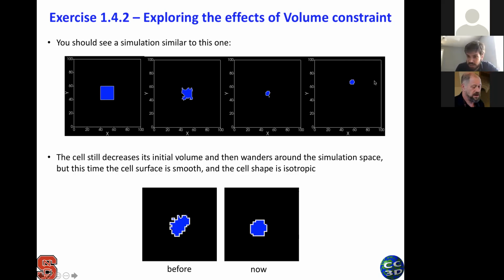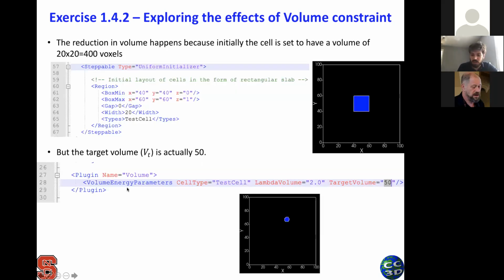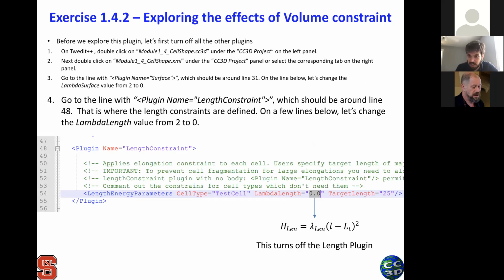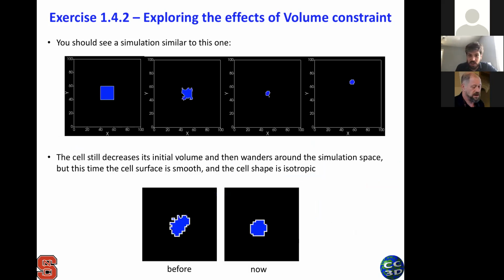Your cell's not decreasing in size. Maybe you fix it, okay? So what you should do in the code, you want to turn off the surface of the cell, the lambda, the surface plugin, and I want you also to turn off the length plugin. Okay, so we turned off the two plugins, but we did not touch the length constraint. So the cell still starts in a big square, 20 by 20, but it still decreases